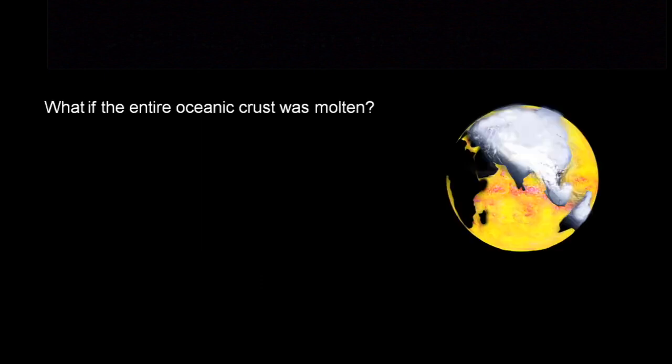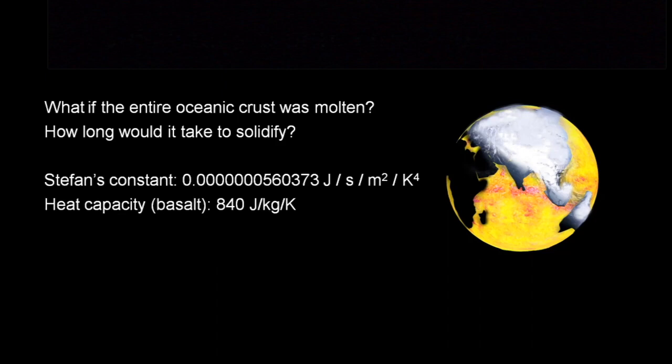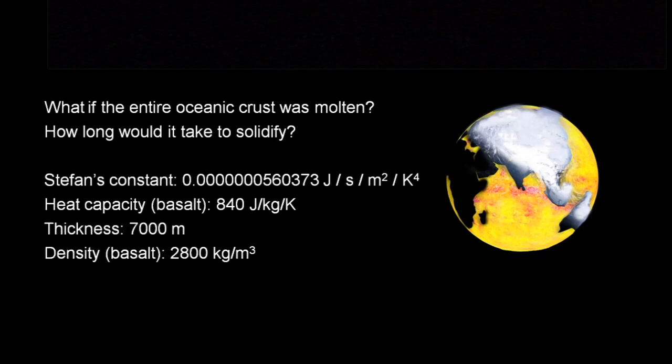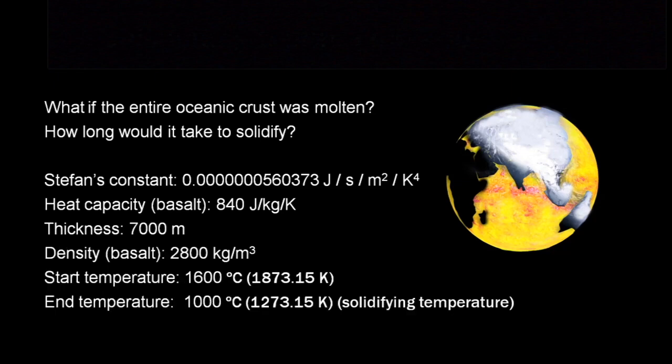What if the entire oceanic crust was molten at the same time? How long would it take to solidify? We use these variables. The thickness of the oceanic crust is about 7 kilometers on average, and we use temperatures that are normal for molten lava, which is a starting temperature of 1600 degrees Celsius and a solidification temperature of